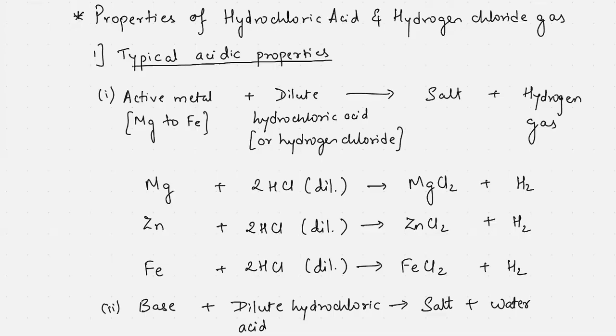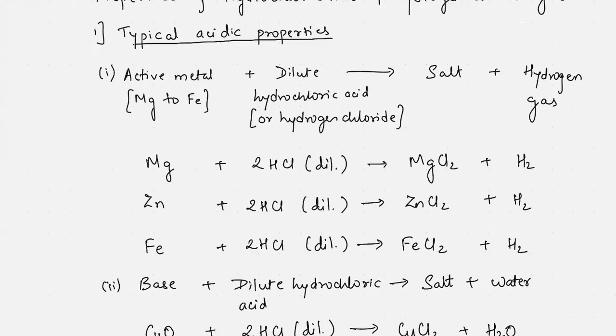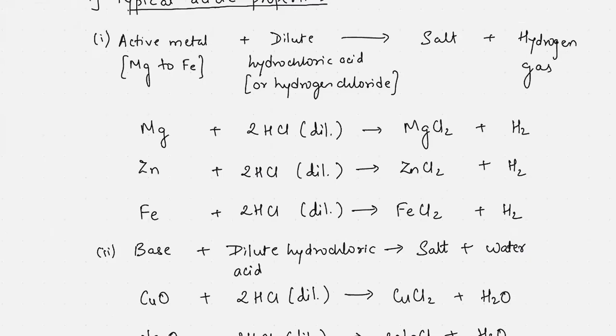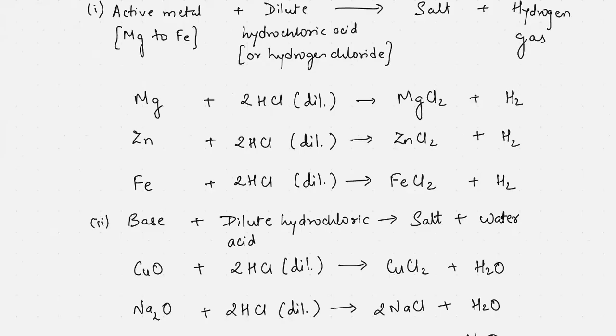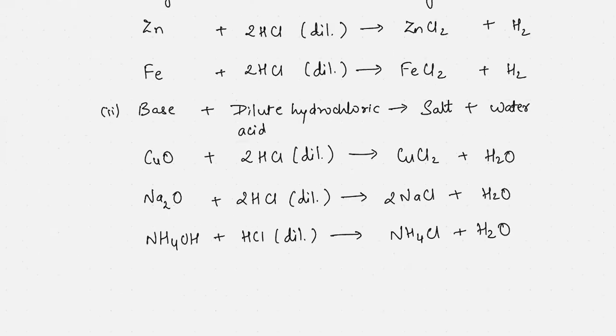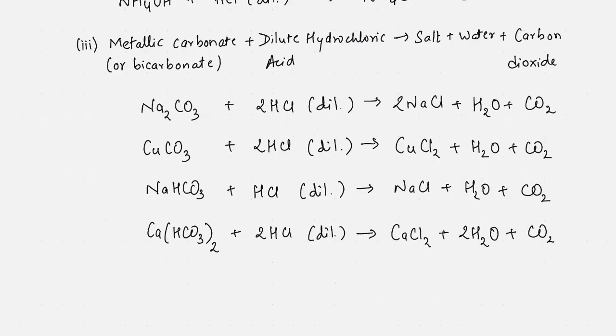So here you can see, with active metal, dilute acid is forming salt plus hydrogen gas. With base, it is forming salt plus water. In all these three reactions, you can see a base can be either a metallic oxide or a metallic hydroxide, or even ammonium hydroxide is also basic in nature. So as you all can see, in reaction with carbonates or bicarbonates, dilute hydrochloric acid, the products